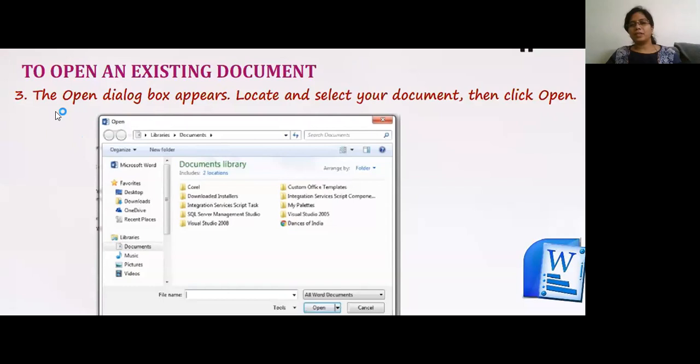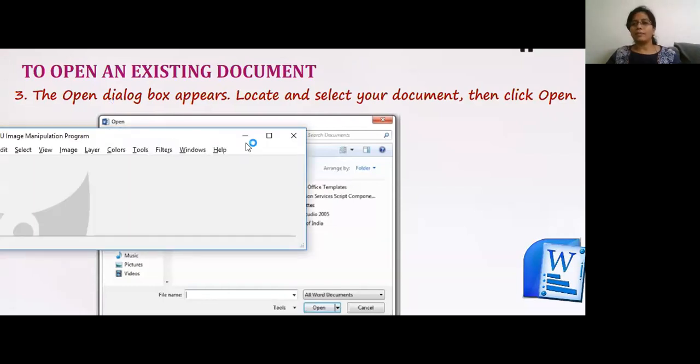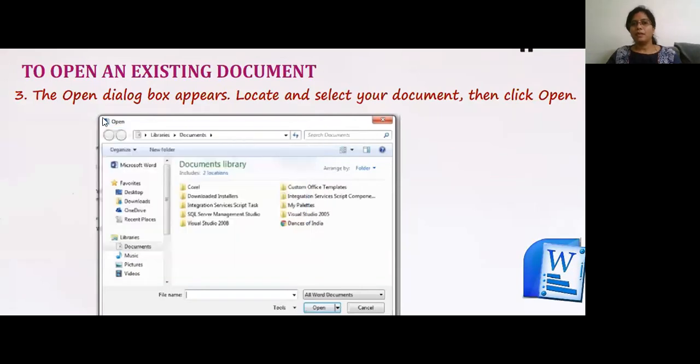To open an existing document, the open dialog box will appear, and then we have to locate and select our document, then click open. So I'll just open MS Word over here.